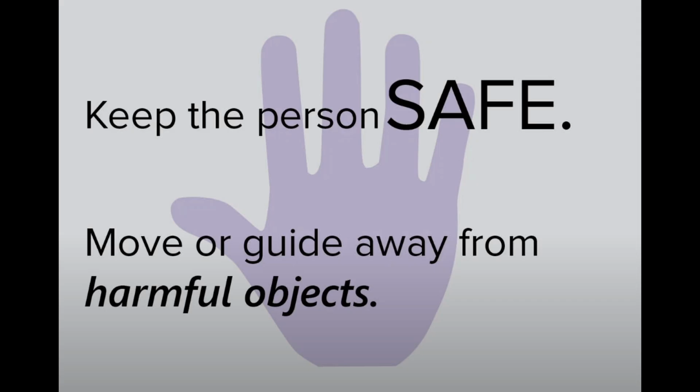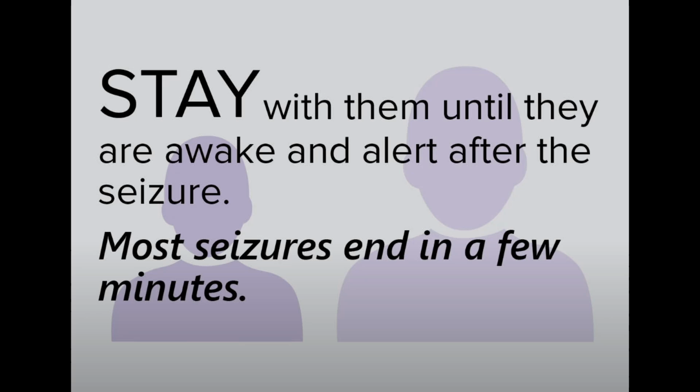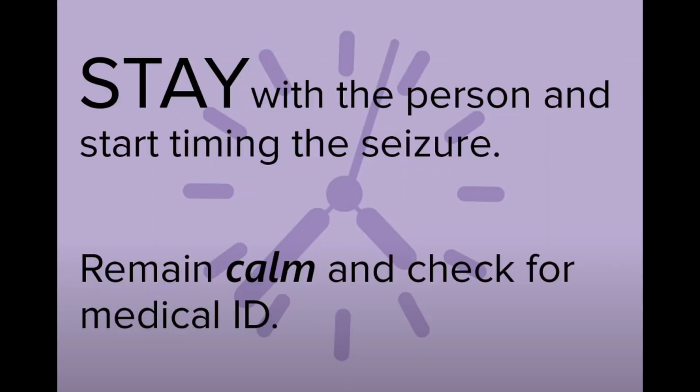First, make sure to only move someone in a seizure if they're in immediate danger. If the individual is on the ground, use a piece of soft clothing or garments to cushion their head. Make sure to loosen any tight clothing, such as collars or ties around their neck to ease breathing. After convulsions and sudden movements stop, turn the person on their side into the recovery position. Stay with them and communicate calmly until they recover fully. Lastly, note the time for when the seizure starts and when it ends.